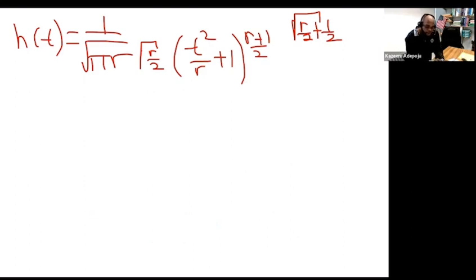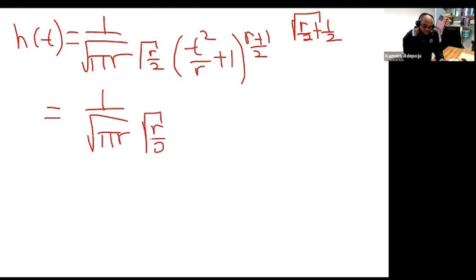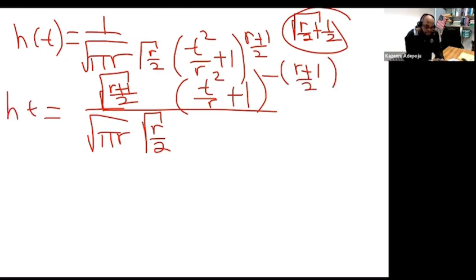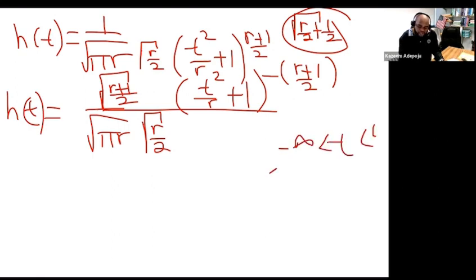So what we're going to have is 1 over square root of pi r, gamma r over 2. And of course this guy, I can put it here, so I can even write gamma of r plus 1 over 2. And of course, where this guy goes up, I'm going to have t squared over r plus 1 raised to power minus r plus 1 over 2. Therefore, this is a t distribution where our t lies between negative infinity and positive infinity. This is the distribution we talk about. So this is the distribution that we actually use